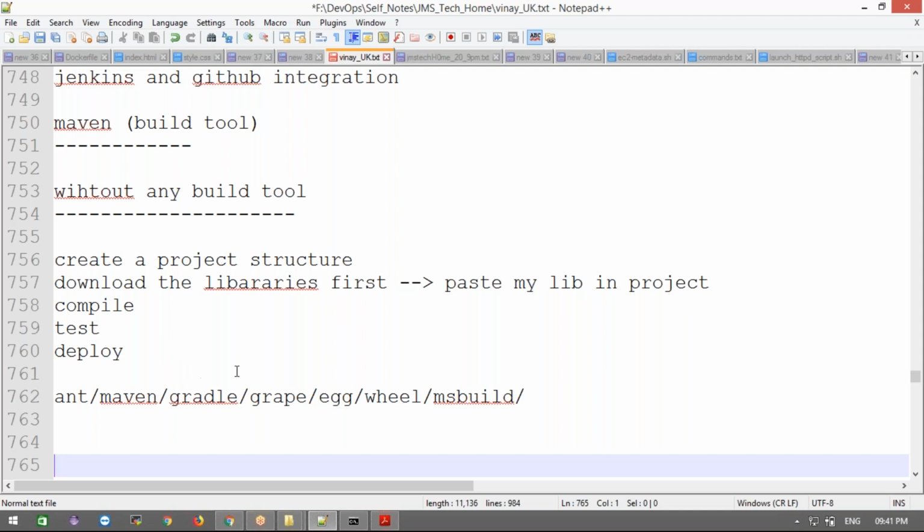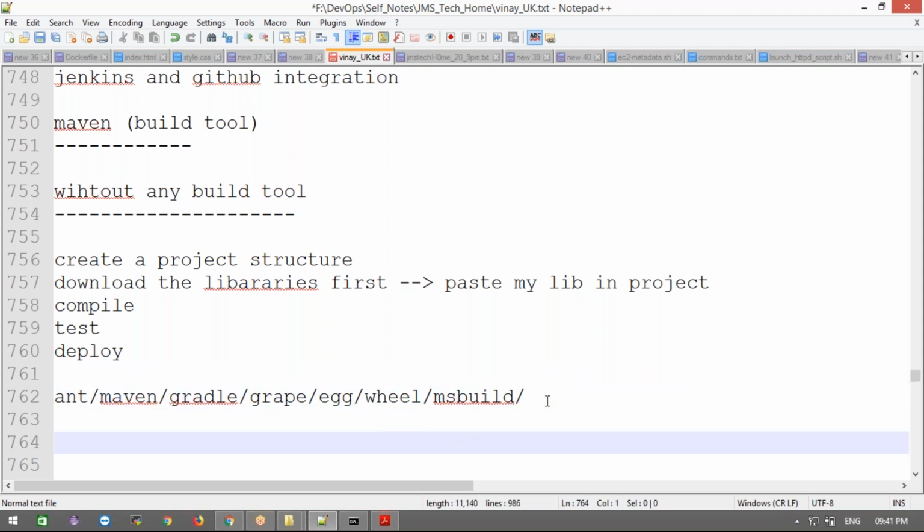Inside the plugins we are going to add that in the Maven in our project. It will take care of everything automatically. Okay, now